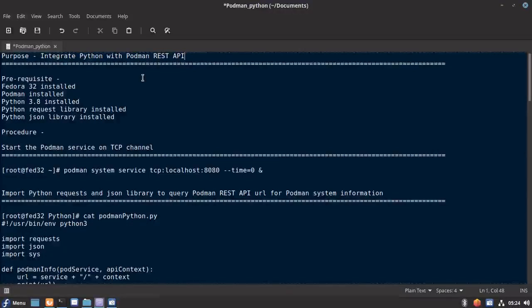This way, we will be able to manage our standalone system, where the Podman services like containers are running, remotely. We can run our Python application remotely, connect to this API service, and manage our container systems.